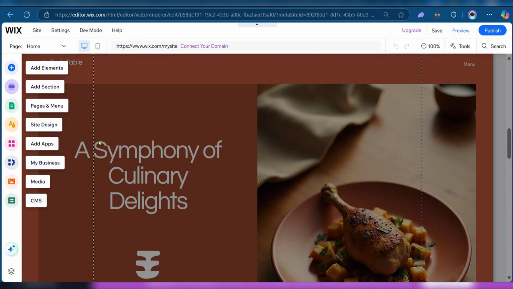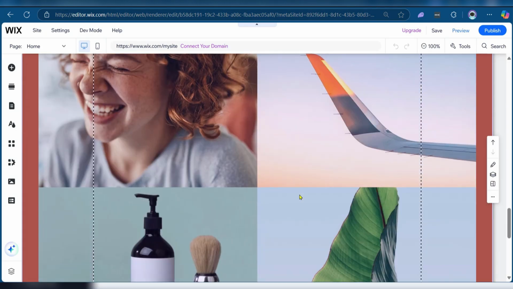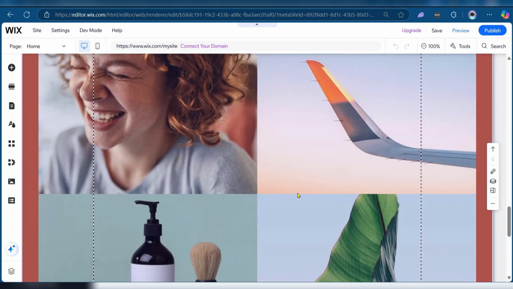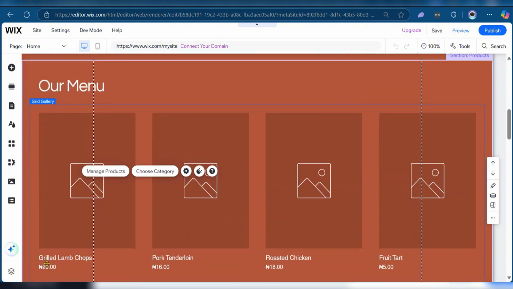If you want to add apps, you can also click on this button and look for the particular app you're looking for. Now, when we click away, you can see our site is in better view, and this is looking pretty nice. Now, when we scroll up to the top, you can see what we had seen before, but a little bit bigger. Now, when we scroll down, you can see that we have names of dishes,